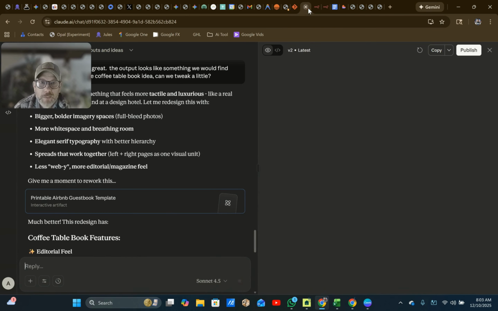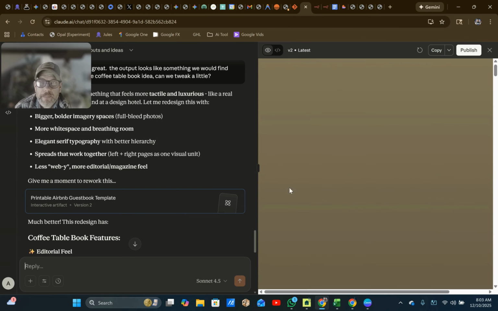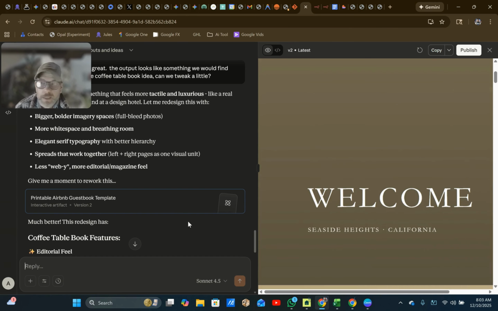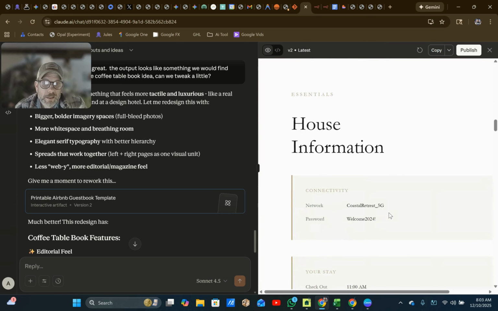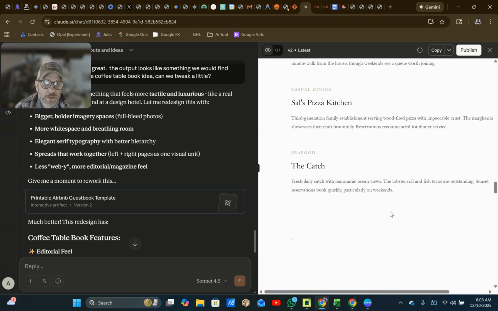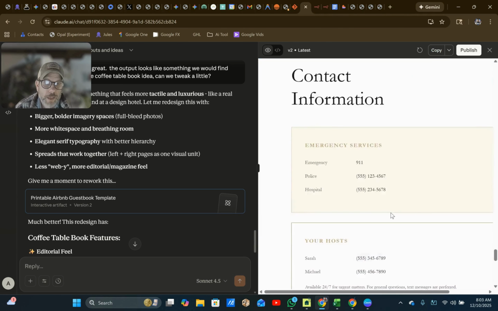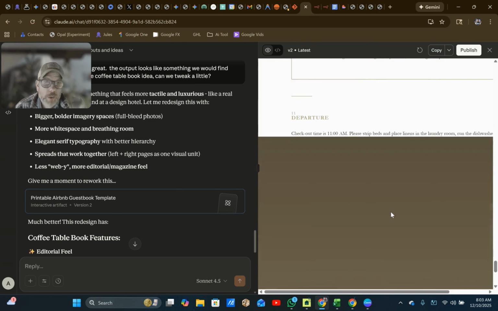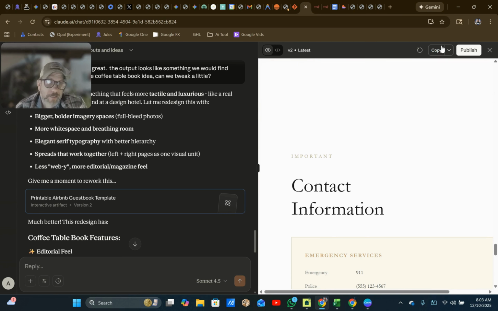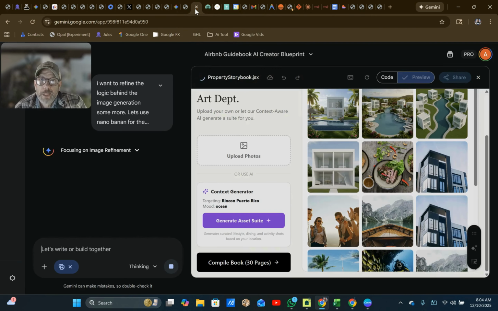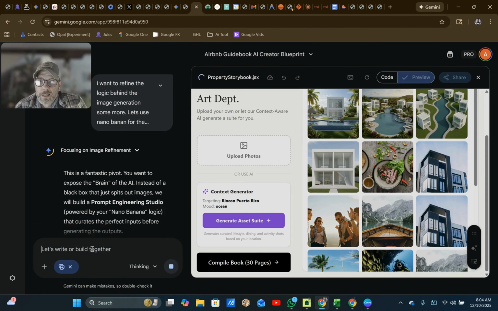Now, while that's cooking, we'll go back over here. And okay, so this already feels better. This feels better. So I'm going to try something very scary, and it may break it, but I'm going to copy all that code. And then I'm going to go back into Gemini, and I'm going to say,